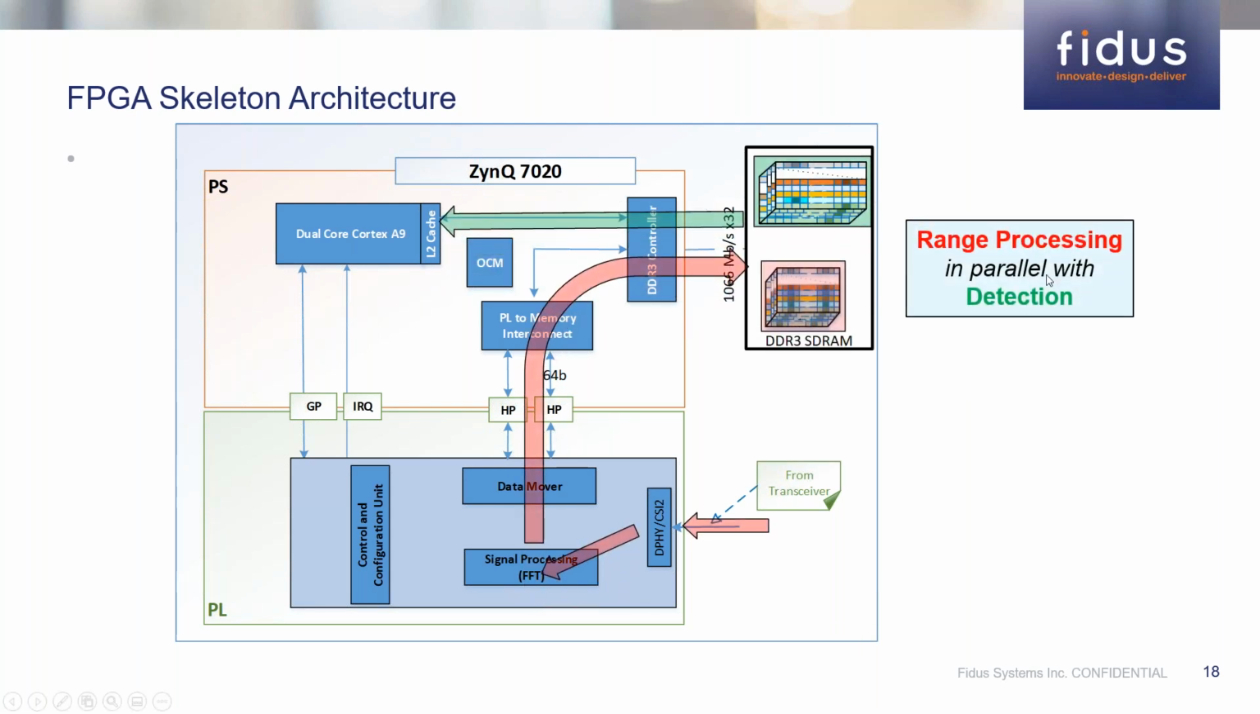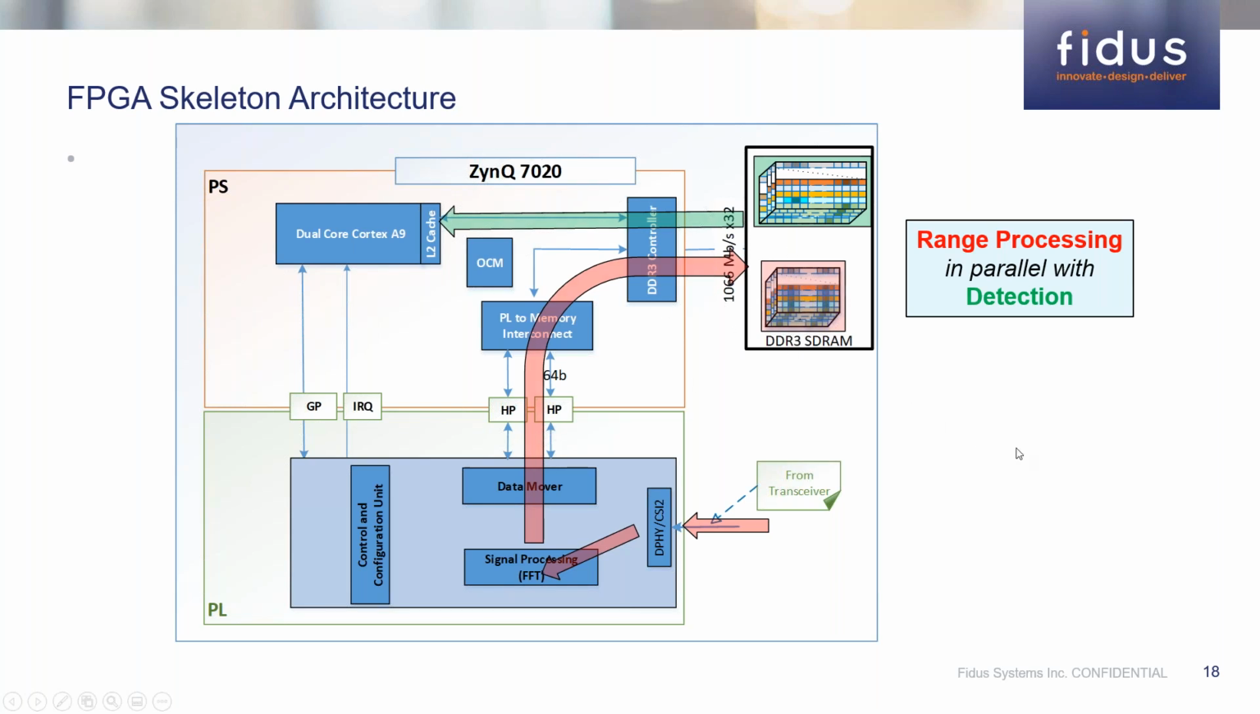So here I'm showing the path for range processing and detection. The red arrows are just doing the FFT and storing the FFT cube into the DDR. At the same time, we are working on the previous frame of the Doppler cube, and the Cortex-A9 will be working on the CFAR algorithm using this cube data. As you see here, they are both sharing the